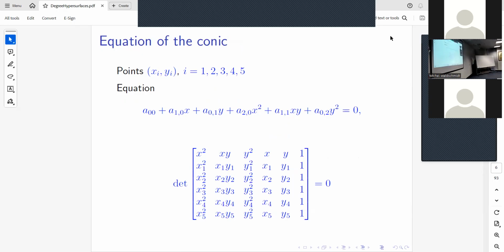Now, if you'd like to write down the equation of the conic, it's not difficult. You write the coordinates of the 5 points, x1, y1, x2, y2, up to x5, y5, and you can solve the system just by writing this determinant. And this determinant is the polynomial of degree 2, with the coefficients that you can write down. By the way, the geometric picture gives you some information which is not obvious from this.